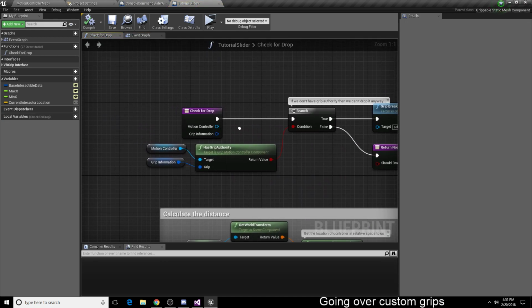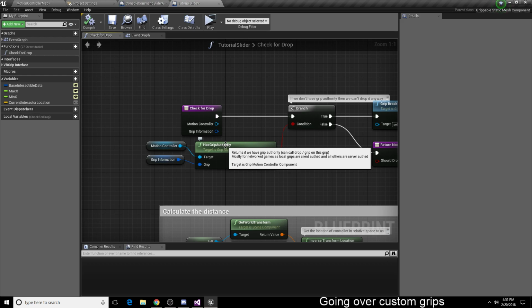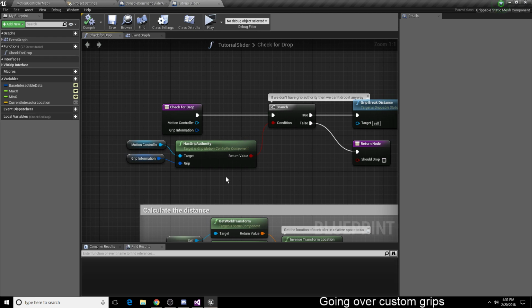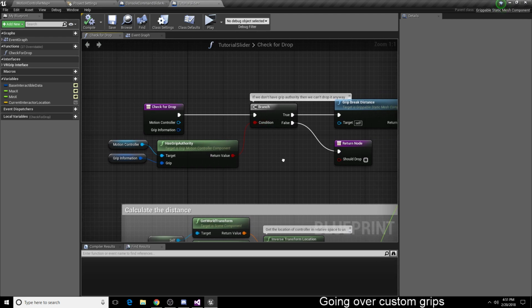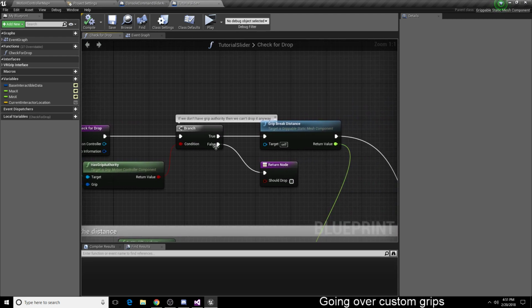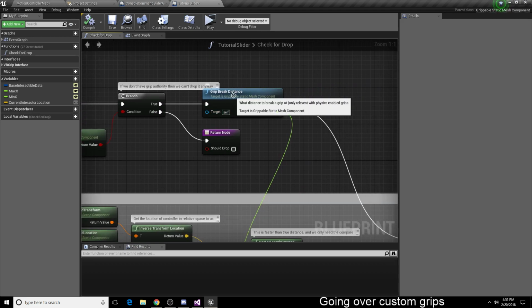So in check for drop, we get has grip authority, which if we're a client authoritative grip, will be always true if we're a client. If it's a client-side movement, then you have to be on the server to have grip authority. So this is just a filter to make sure that you have the ability to drop it or not. Otherwise, we don't even check for drop. So if we have the grip authority, generally the server true, we get the grip break distance of this component,